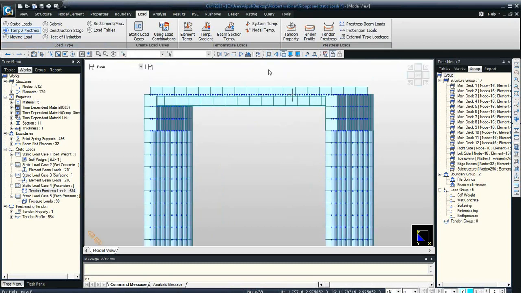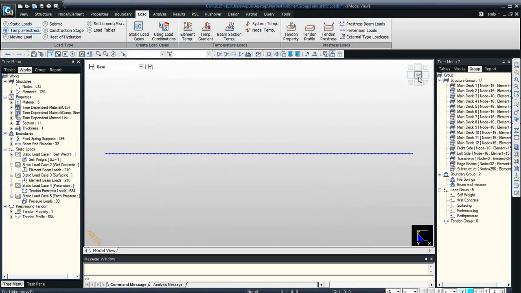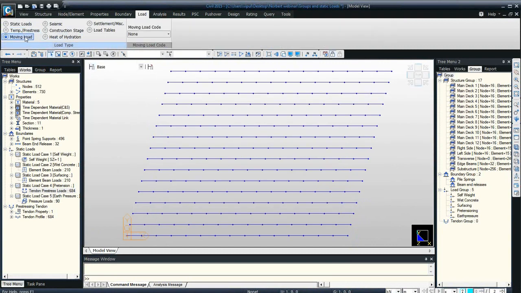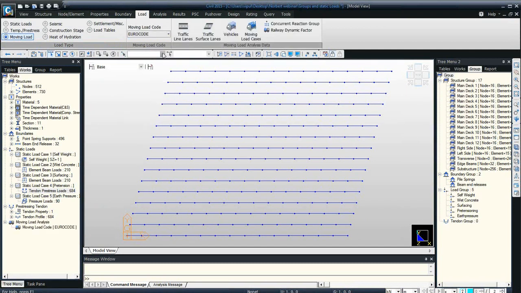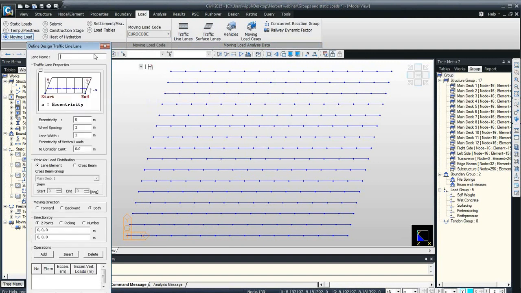So again, let's select the main deck. Just activate this, go on to the top view, and for moving load, again, we need to select the code. So I'm going to choose Eurocode now. And for simplicity, I'm going to define only one traffic lane and one vehicle, and I will show you the other lanes in my next model. So just simply hit add,